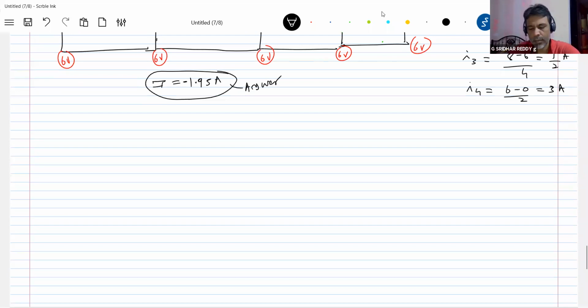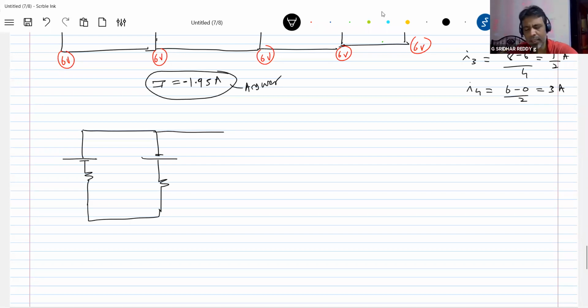Okay, similarly, let me give one more. I'm telling you, this kind of circuit is really troublesome for students because on one side there is KCL, KVL, then grouping of cells, nodal analysis, loop method, mesh method, branch current method. The problem for you is that you know many methods and you often get confused what to do. Sometimes in the previous problem you see, there's no need of even nodal analysis. So it will be very challenging to identify which concept to apply.